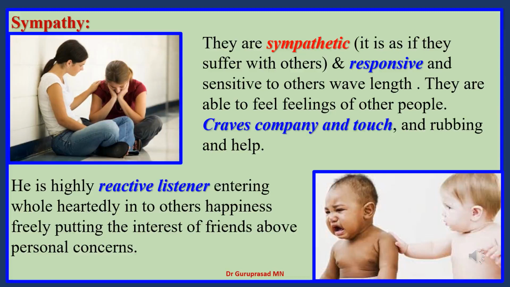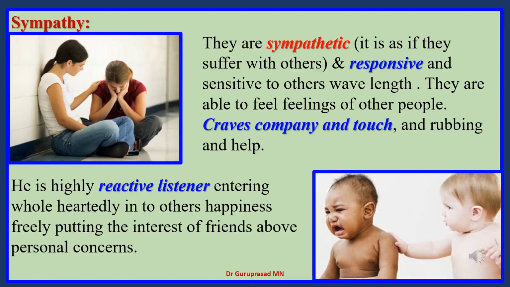They are more at the broader level, whereas Phosphorus has sympathy at the individual level. Causticum sympathizes for everyone, not only one person. A Phosphorus will have sympathy for one person, a friend, one or two persons. But Causticum's sympathy is towards the community, the society. That's how Causticum sympathy is different from Phosphorus sympathy. Natrum muriaticum sympathy is more at the emotional level, a sympathy in one-to-one relation. That is more of Natrum.